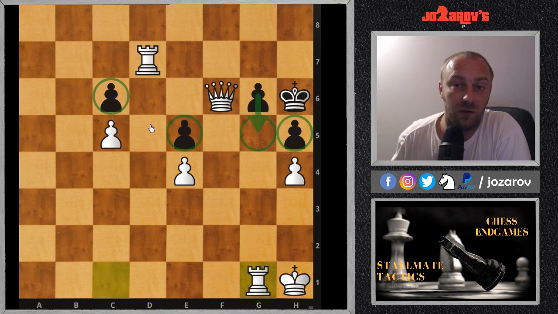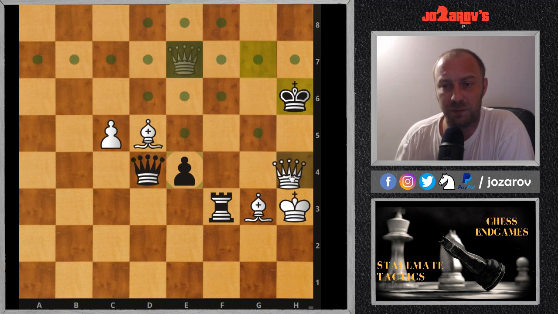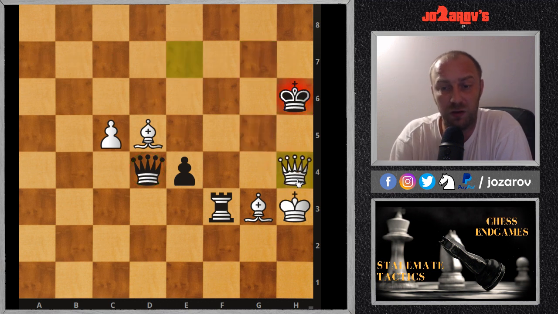Black can really have a very nice draw here. So let's see another game. It was played by Garry Kasparov against Neil McDonald, and here it's a really complex endgame, with many tactical possibilities. In the game Garry Kasparov should have probably proceeded with queen on h4, and after king on g7,